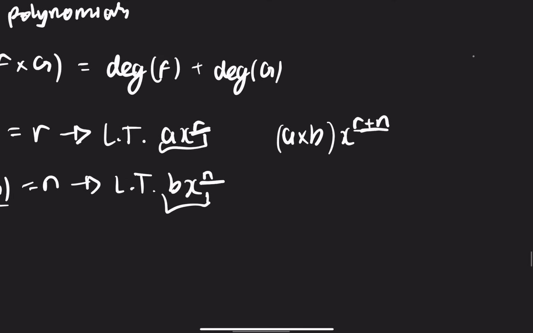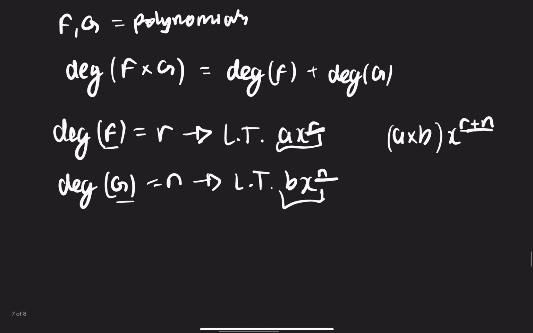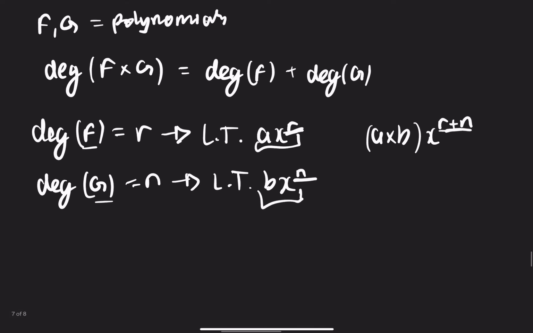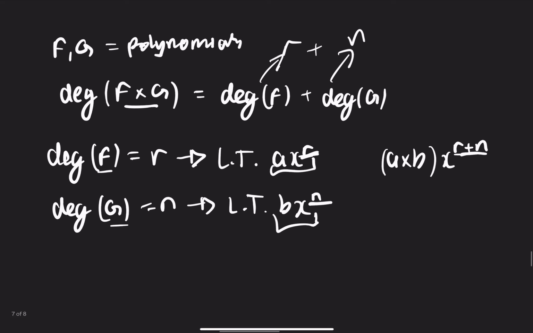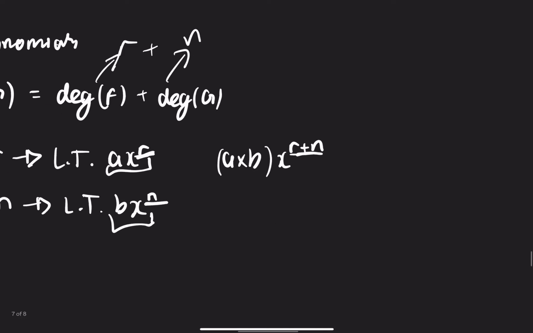So since the degree of f is r and the degree of g is n, we can say that the degree of f times g is the degree of f, which is r, plus the degree of g, which is n. So r plus n is the degree of the product fg. Hopefully that made sense. That's the first main property we're going to be going over. The second one will be the degree of, let's use f and g again as our polynomials,